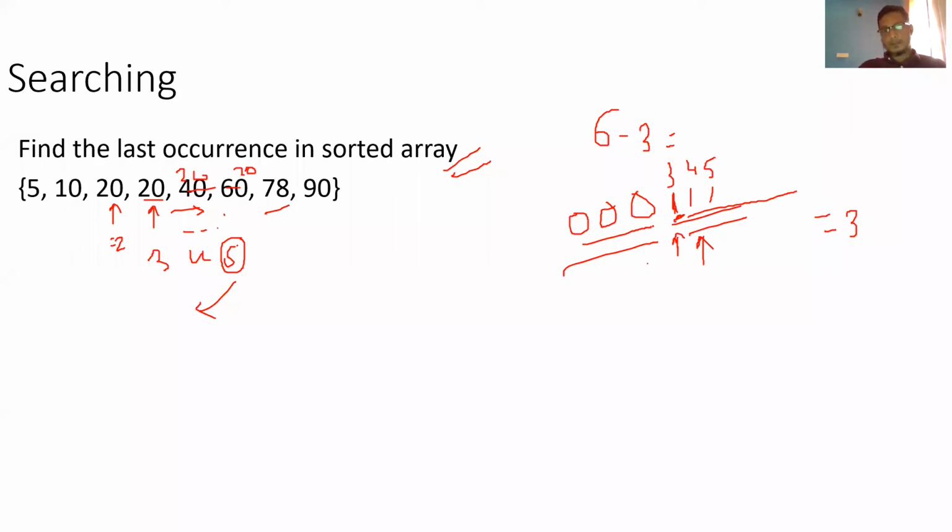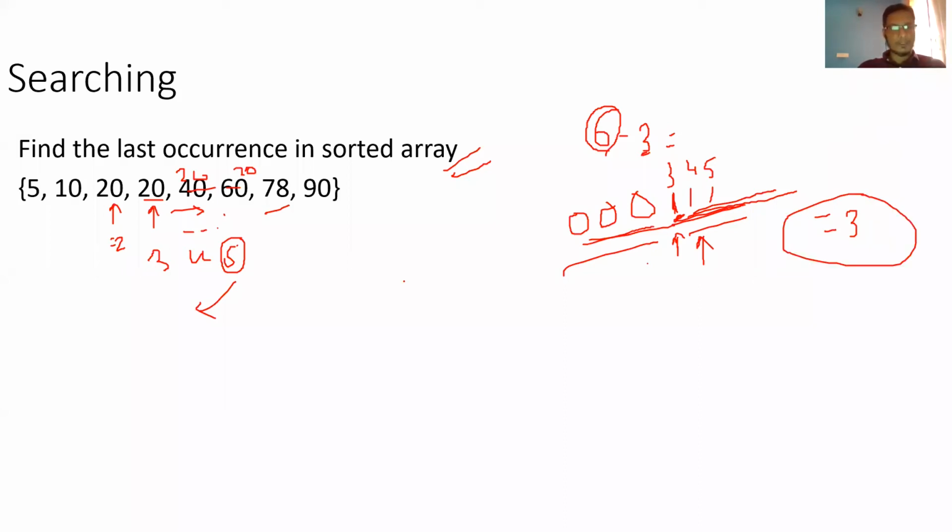Because this is a sorted array, first zeros will come and then ones will come. So once you got the first one, you know that the remaining things will be 1 only. So what you can do is subtract the index from the number of items. You know the item count, you subtract the index from it, so you'll get 3. In this case, it is 3. So that way it can also be done.